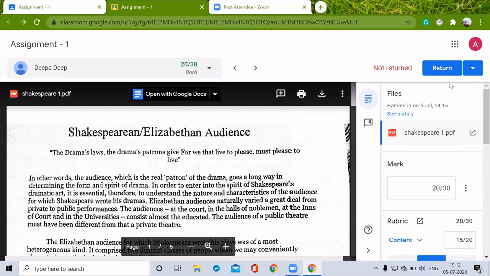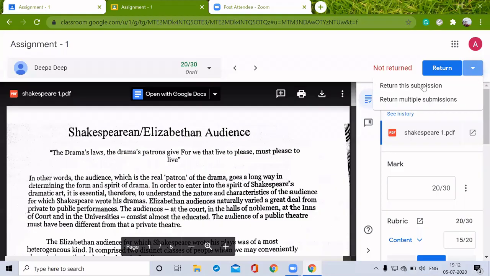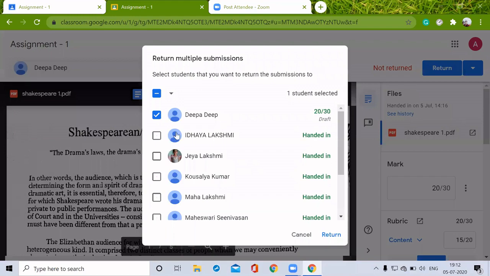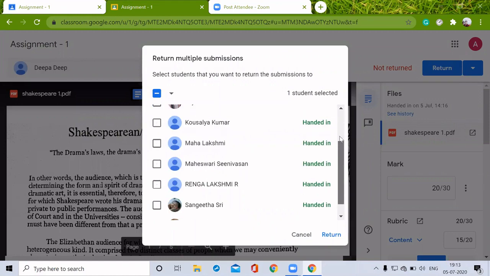After everything is done, see here, this is written this submission, other is written multiple submissions. There are actually 2 ways to return our submission. We can return particularly this girl's submission. Otherwise, we can make it return multiple submissions. That means we can select the other students from here to return their work.